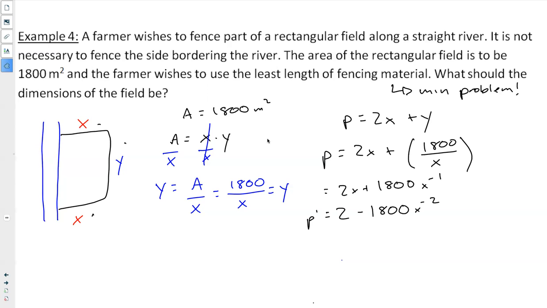And while we're at it, let's take the second derivative. So derivative of 2 is nothing, and then the derivative of negative 1800 x to the negative 2 will give me positive 3600 x to the negative 3, which we can rewrite as